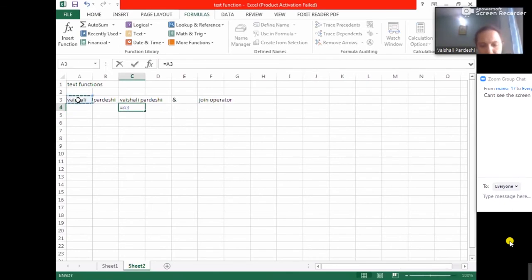Text number 1, join this with a space, text number 2. So there are two ways of joining text: either you can use the CONCATENATE function or you can use the AND operator, whichever you feel simpler. I prefer using the AND operator instead of writing the CONCATENATE function. So this is an easy function.